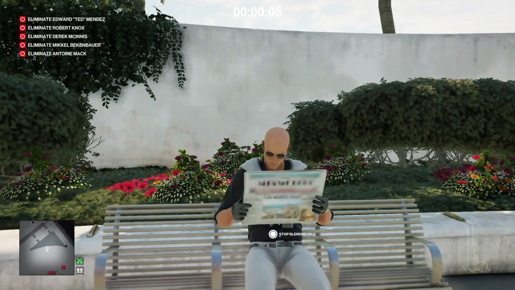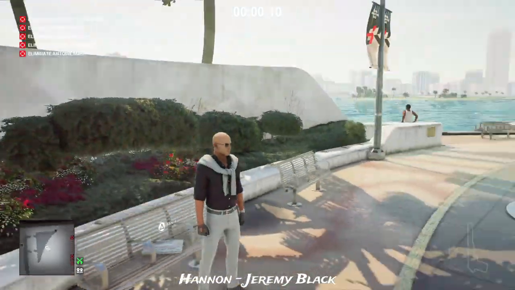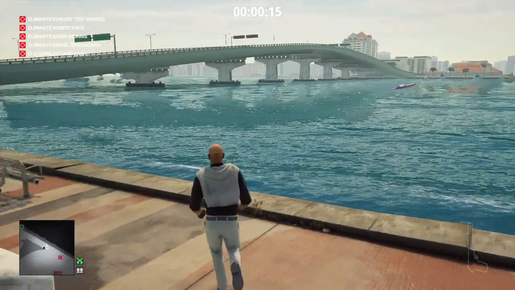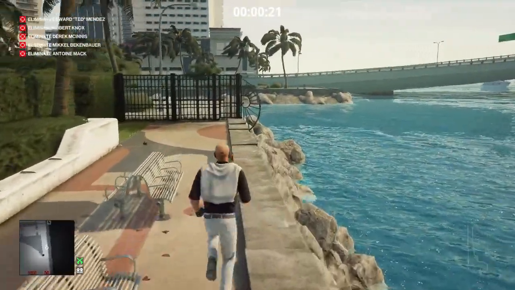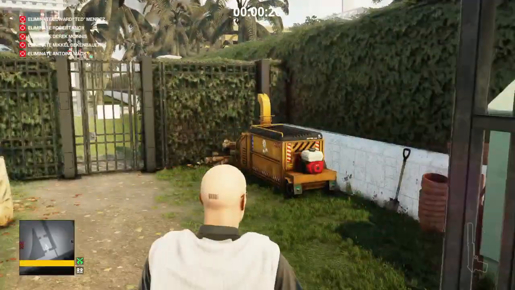So right from the start, we're going to put down this riveting newspaper, make our way over to the seafront here, and our first target, Mr. Menendez, is just behind us there. In a few moments he will head down this way. He's going to have a